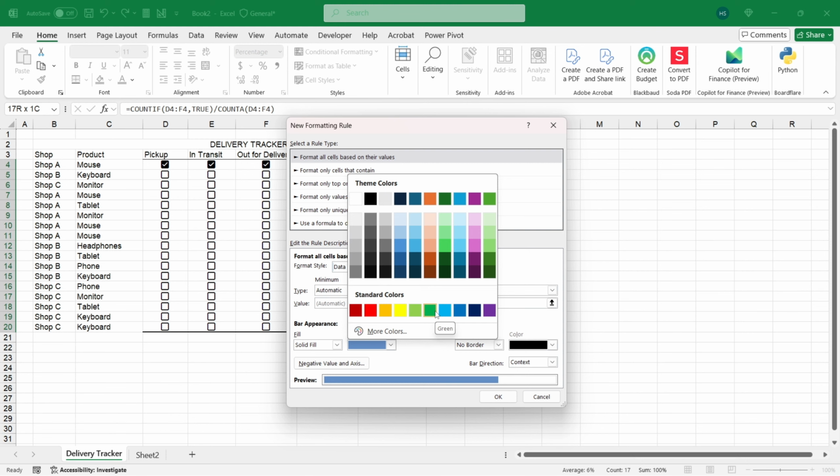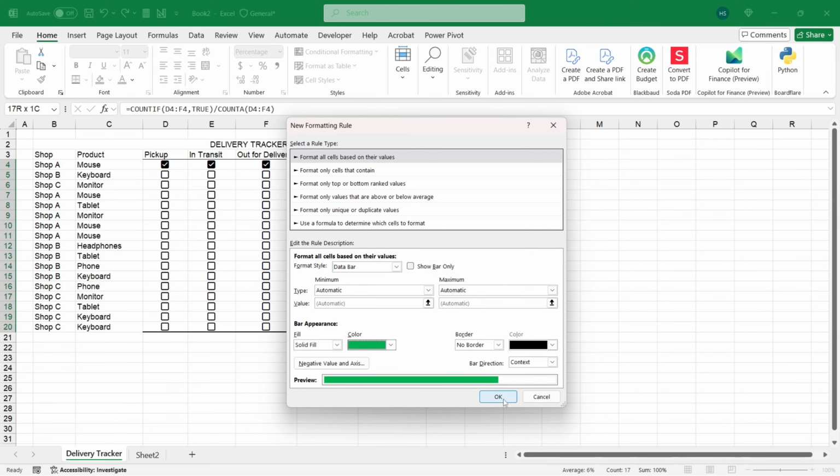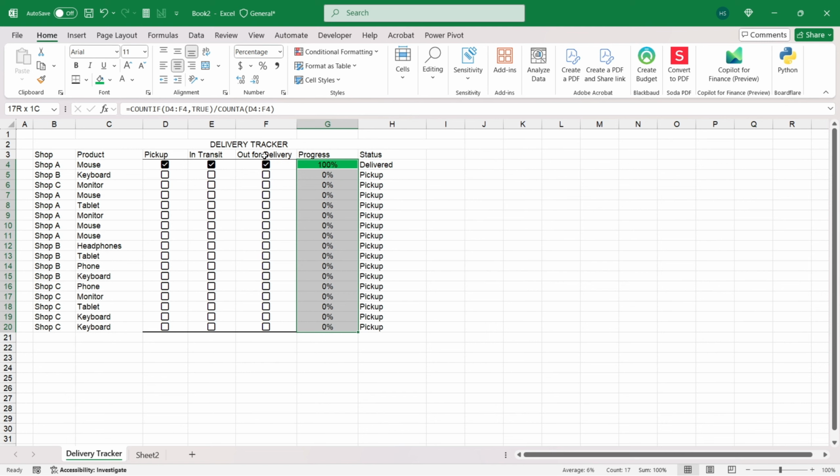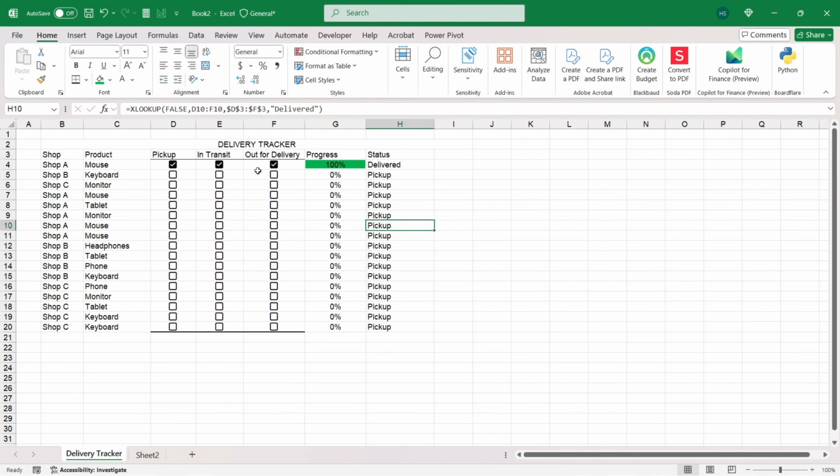Then we are going to select this green color here. Awesome. So let's see whether we have everything ready. Great. So our checkers are working,